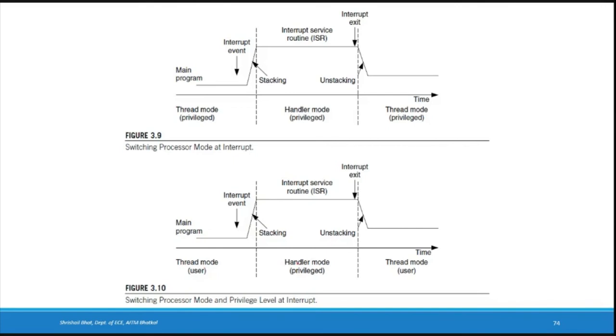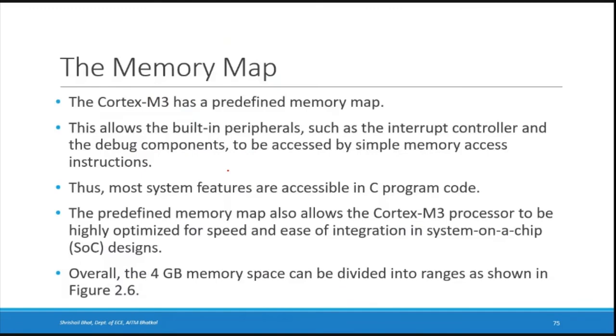Okay, so that's the difference we have when control register bit 0 is 0 and when it is 1. When it is 0, it means it is in the privileged access level, and only the processor mode will change. When it is 1, it is in the user access level, and here both the access level as well as the processor mode will change, right? That's about the different operation modes and privileged levels.